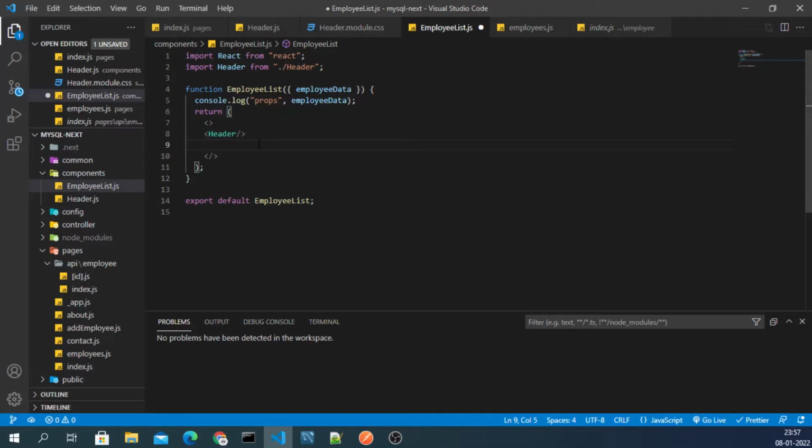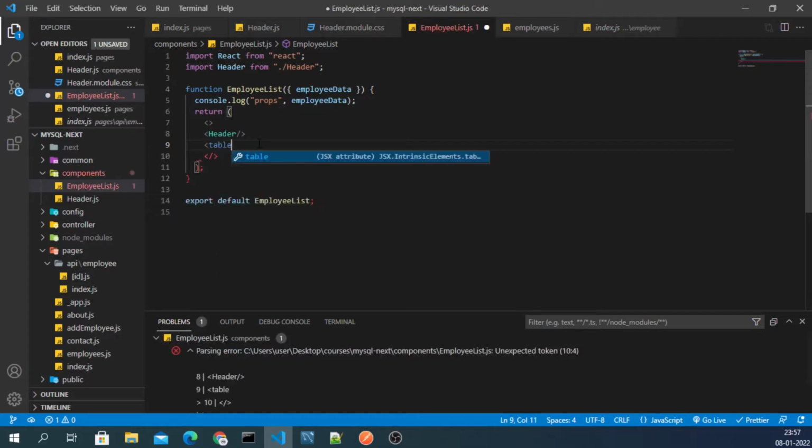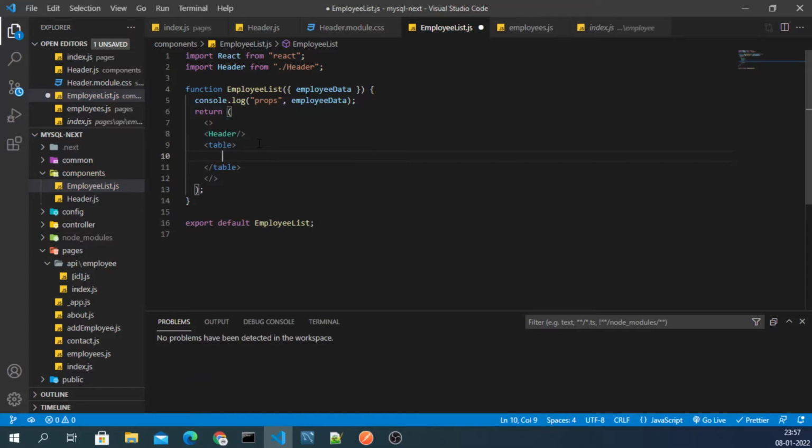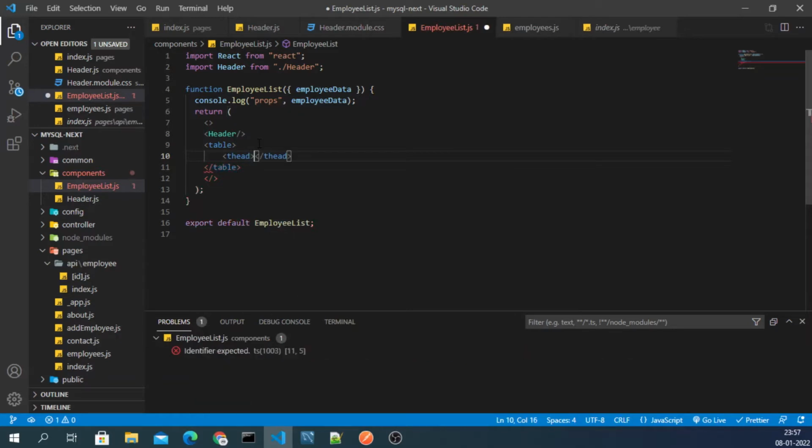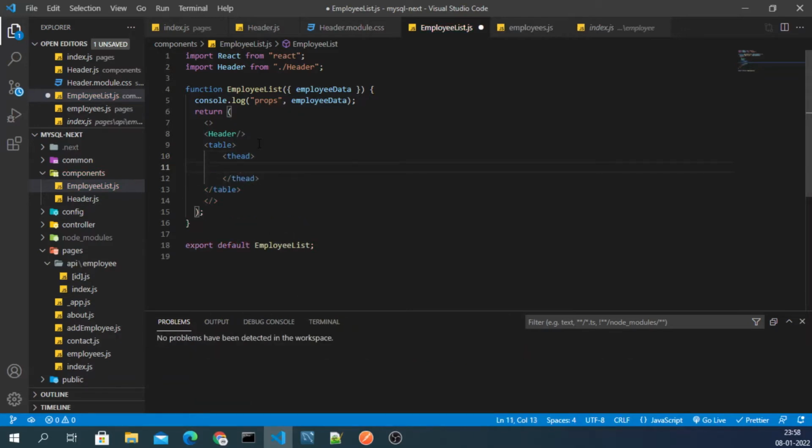The very first is table, and inside table we need a thead, and inside thead we have a table row, tr. Inside tr we will have a couple of table heads. After defining the table head, we will go inside the table body, in this way.